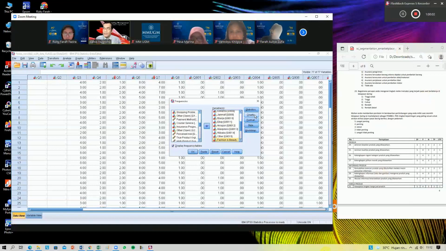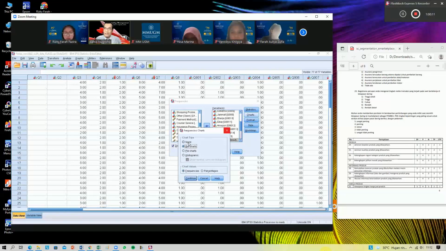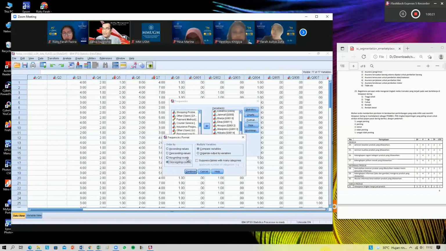In this calculation, we don't need a bar chart, because the data cannot be summarized, therefore we just deactivate charts. For the format, before we chose counts as the way to present the result. Now we go back to ascending values. Values refers to the order of the questionnaire.